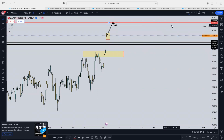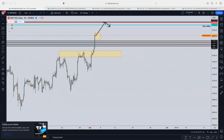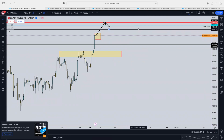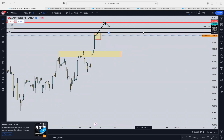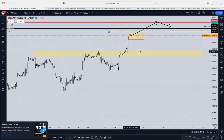Now obviously, once it pushes back down, even if we gotta wait for a double top, that'd be a cool setup as well. If not, that's cool, right? So we're gonna go 43.15. TP1 is gonna be 43.10. TP2 is going to be 43.05. TP3 is going to be 4,300. And then TP4 is going to be 42.95. Once we get to the 4,300, 42.95 range, you're peeping